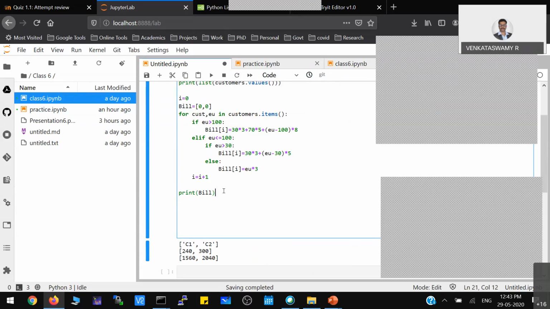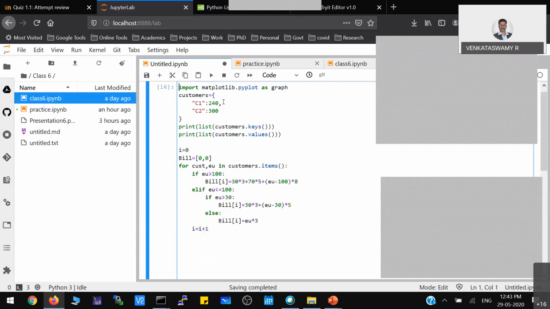Just for visualization purposes, if you want to plot using, say, matplotlib, then you can definitely do that. How do you have to do it? Same as I explained, just take care of the indent.